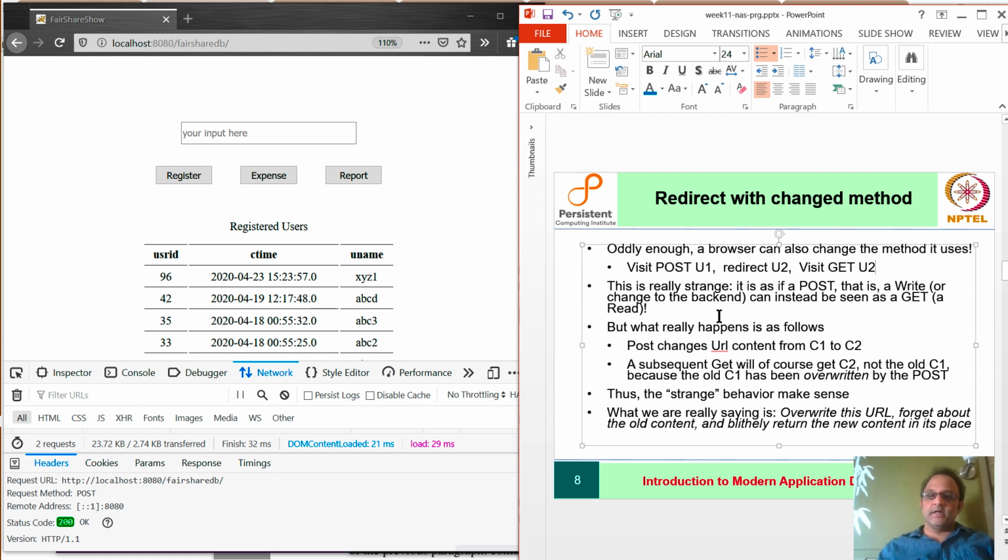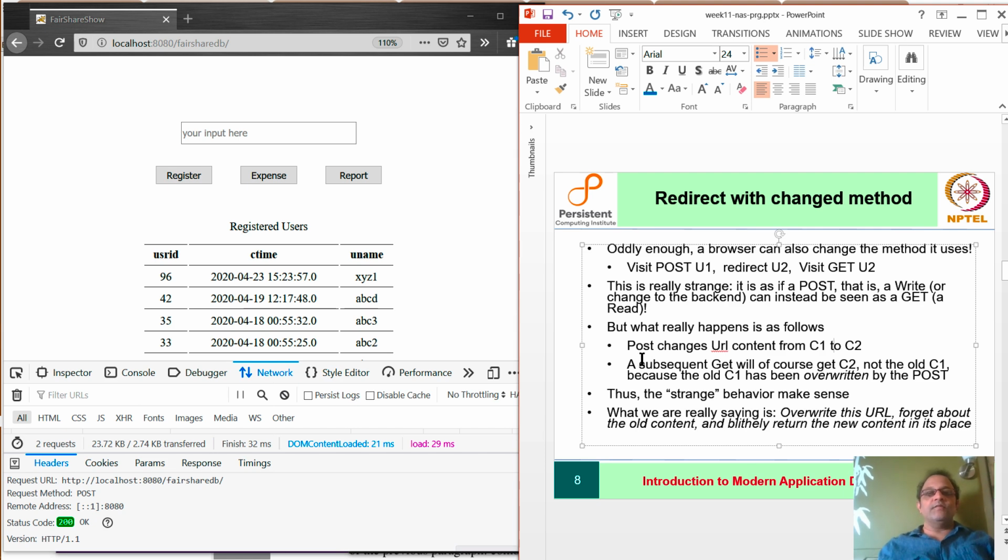So what actually happens when you unpack the sequence is something like this. Post changes the content of a URL from content 1 to content 2. Now, whether content 2 is available via a different URL or whether it is available via the original URL doesn't matter much in this case.